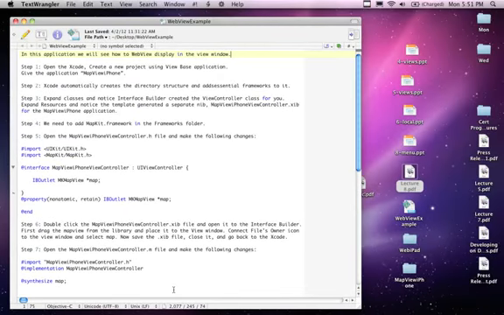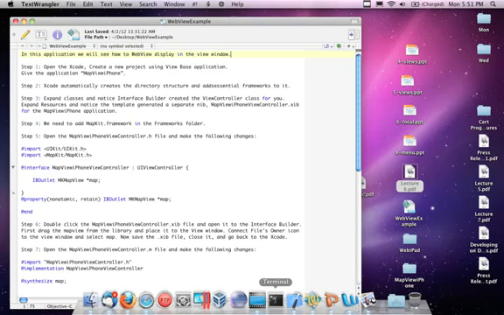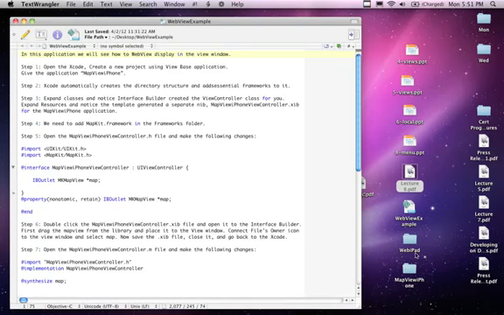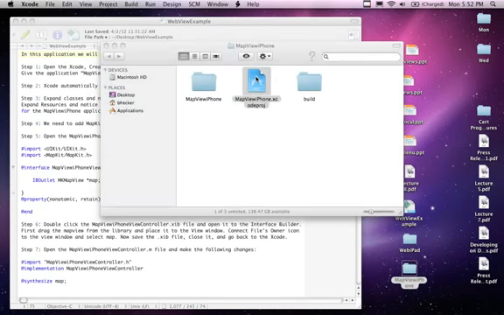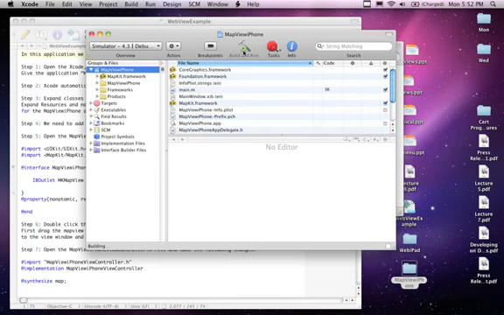You would create a new project, expand out the project, open up the interface builder, and drag and drop a web view or a map view object, depending upon which example, and I have two of them that you can look at. Change the properties of the component programmatically, and then load it. It's one of the easiest programs out there on the market. This particular one is the web view example, which I believe is going to be this one. So if I load the